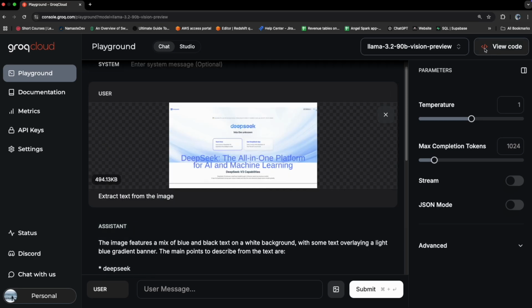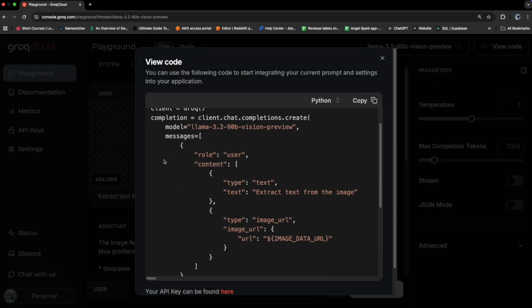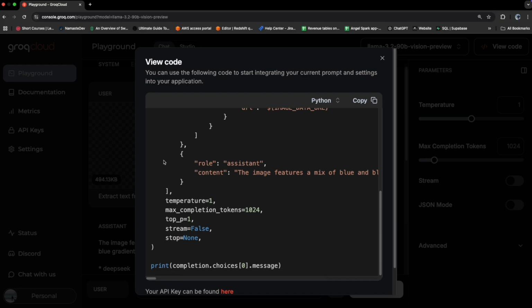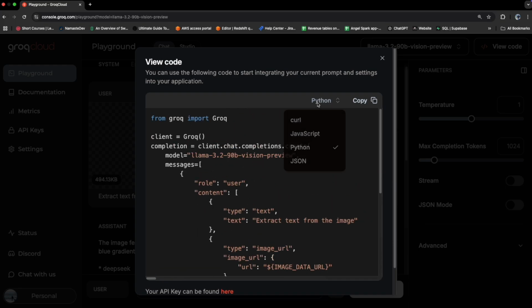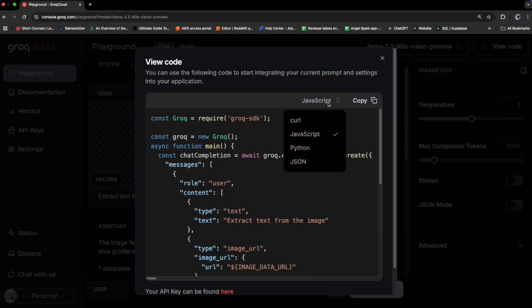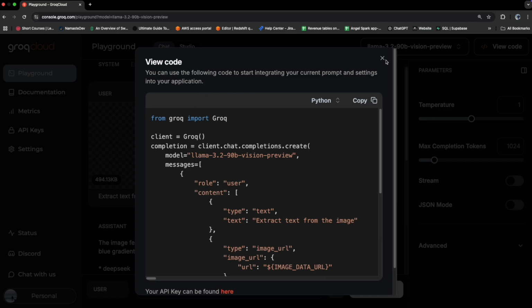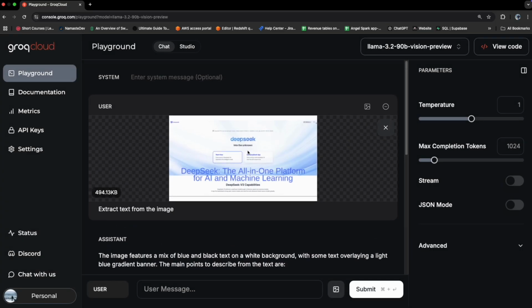And if you want the SDK code, you can click on this view code and it will give you the base code of how to use this in your Python program. If you want to change the language, there are options available here. You can test it out with curl, with JavaScript, or if you want the JSON format, you can get that as well. So this is how you can use the vision capabilities of Llama with the help of Groq on the Groq Cloud website as well as in the SDK with the help of the API.